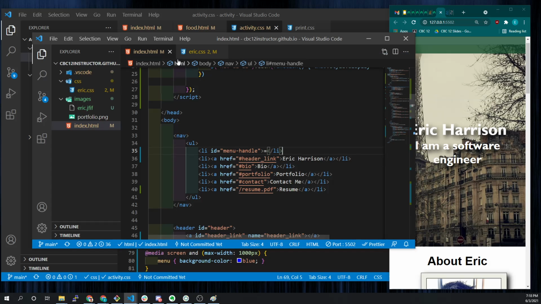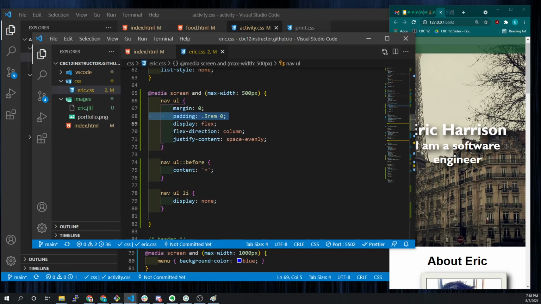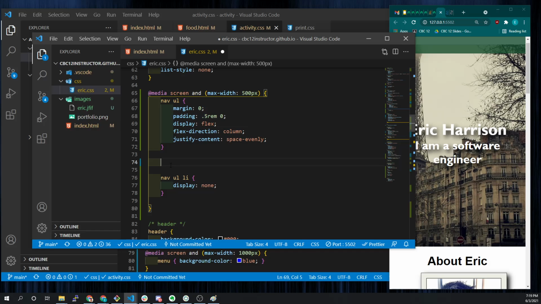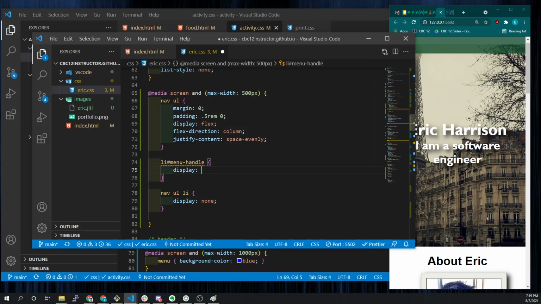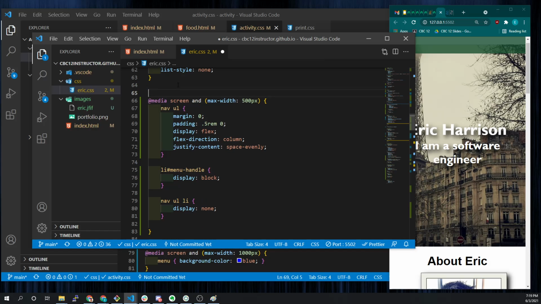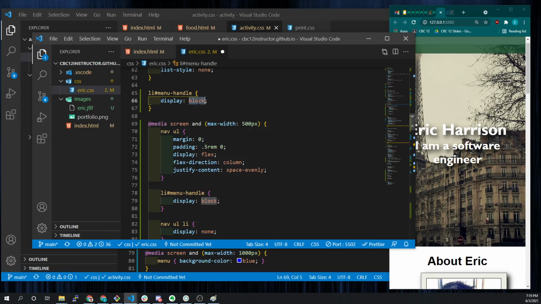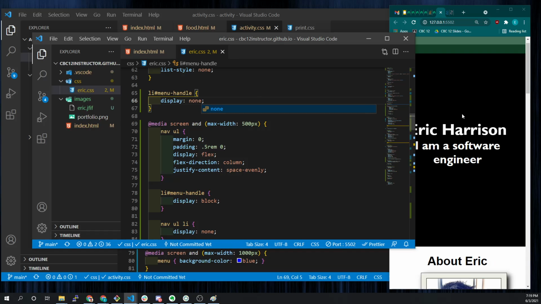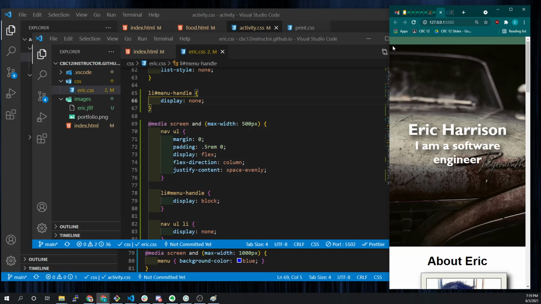And in our CSS, instead of doing this, where we added the content with the pseudo selector, we probably want to do li menu handle display block, and then outside of this we'd want to say display none. So the handle is hidden by default, but as soon as we go into a small thing, now we've got a more beautiful way to